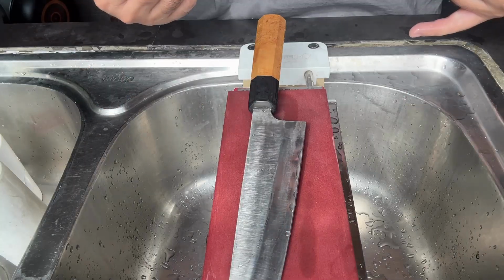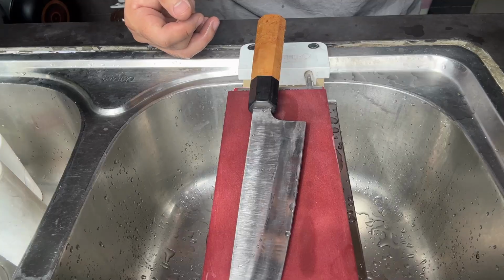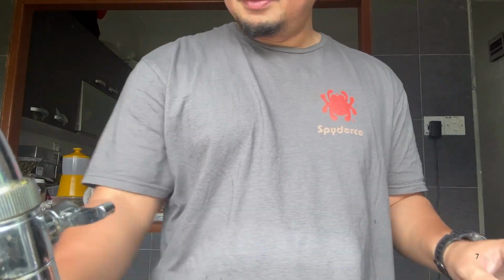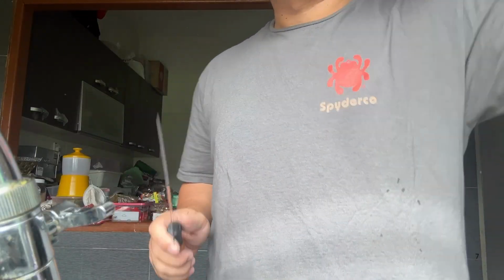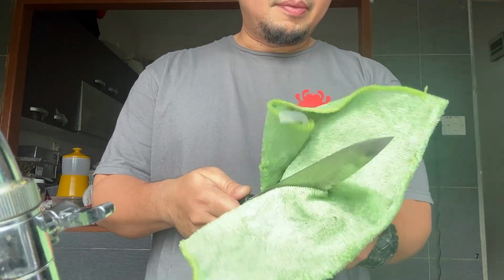I'm going to flip over the camera and then we'll do stropping and sharpness. Alright, back at it. This knife and this knife. Let's wipe it clean first. Alright. This is